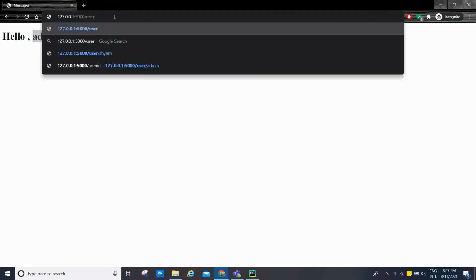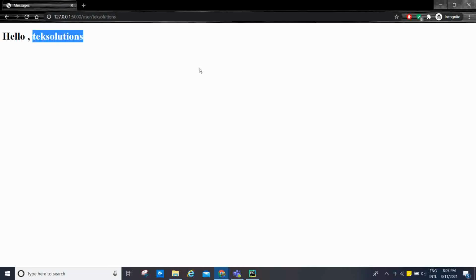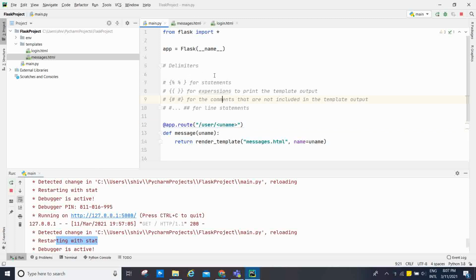Now I'm going to use Python text solution, /text solution, then it will print hello text solution. This is clear now. This is very important, this is a statement, because when you render based on an input parameter, we have to use percentage for the statements.